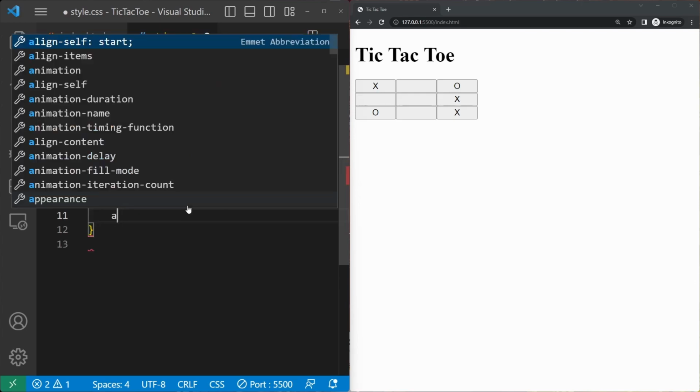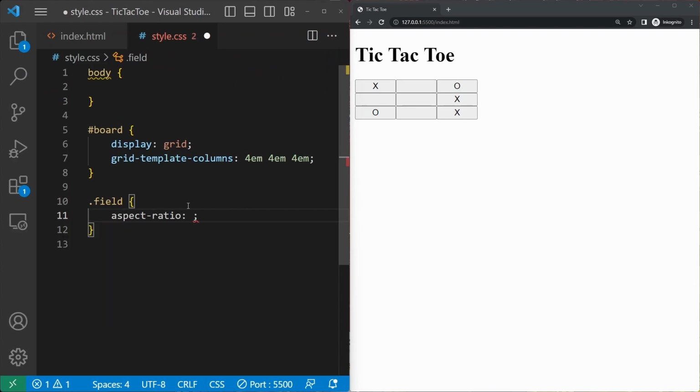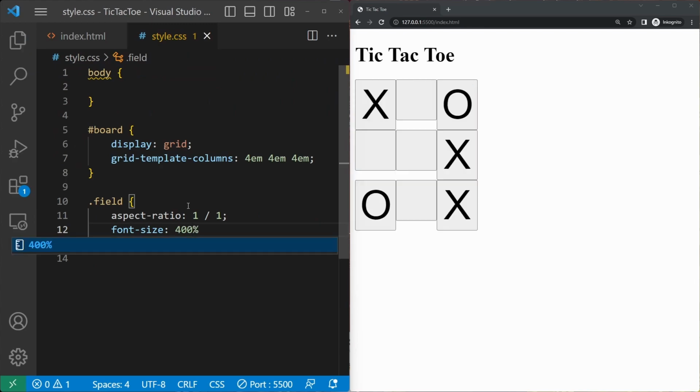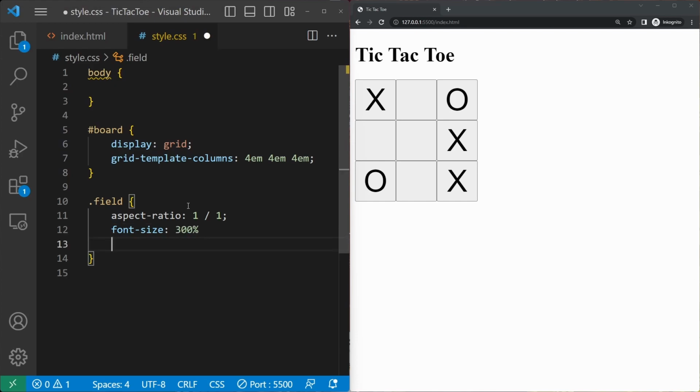I want them to be square, aspect ratio 1:1. It looks a bit better. And let's use a larger font. Oh, it's a bit too large. Font weight.